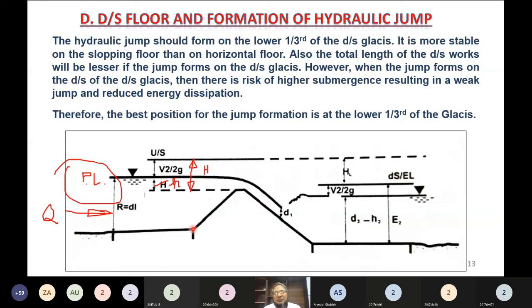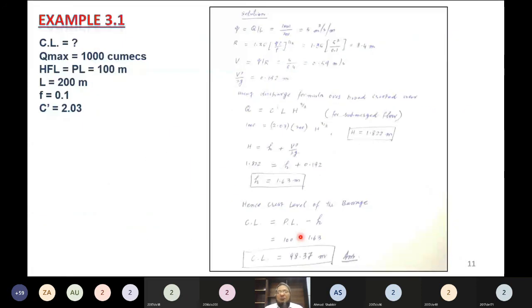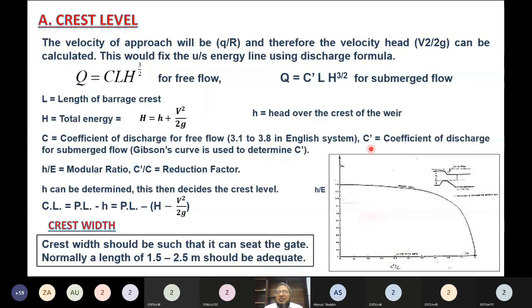In case of a weir, तो क्या ये free flow कर रहे हैं? Is it flowing free or touching the downstream? So it is touching the downstream. It means this type of flow is submerged flow, and that was the free flow. And if it is submerged flow, then the C dash coefficient of discharge for submerged flow we can find from